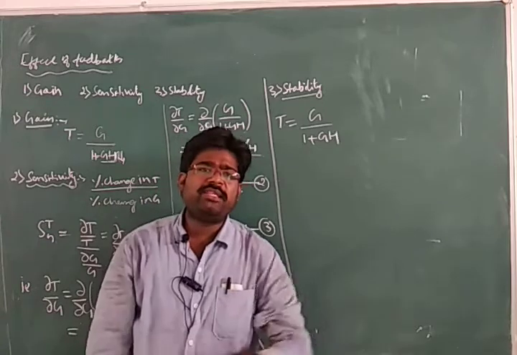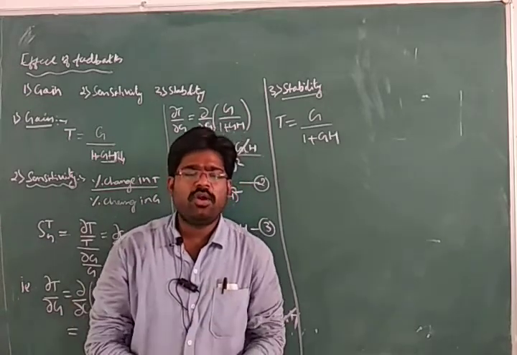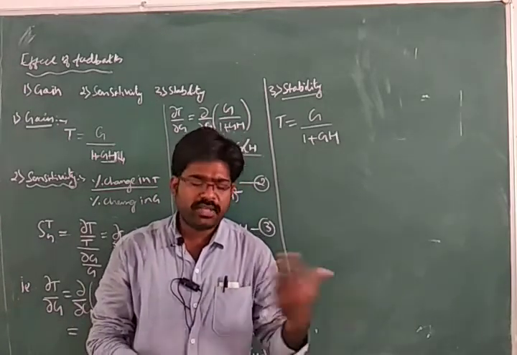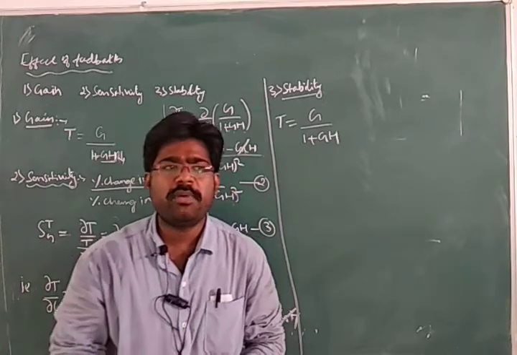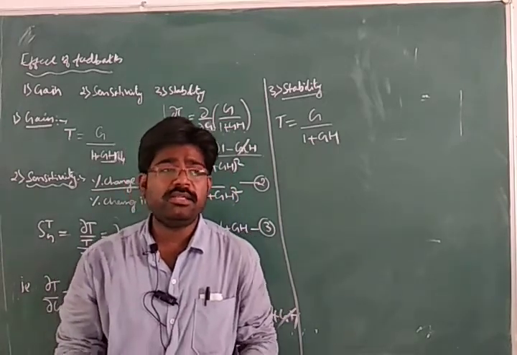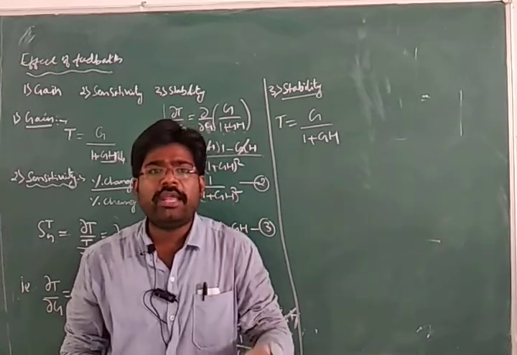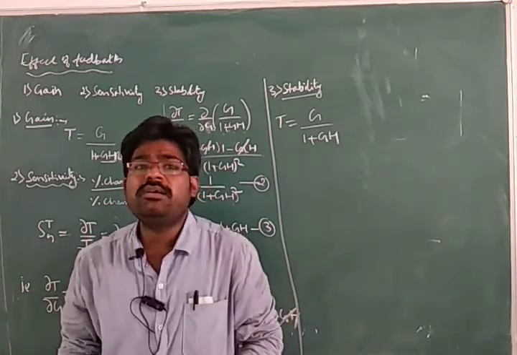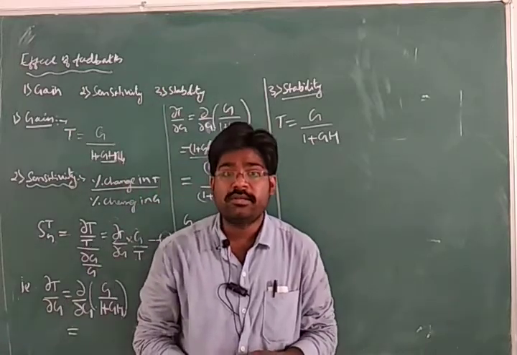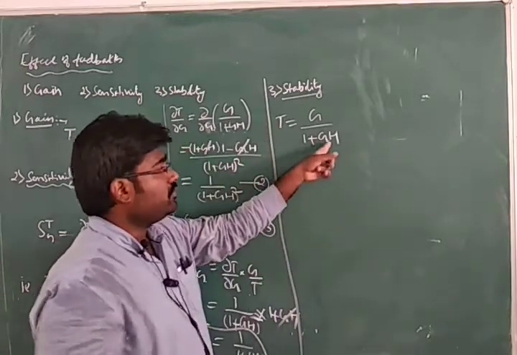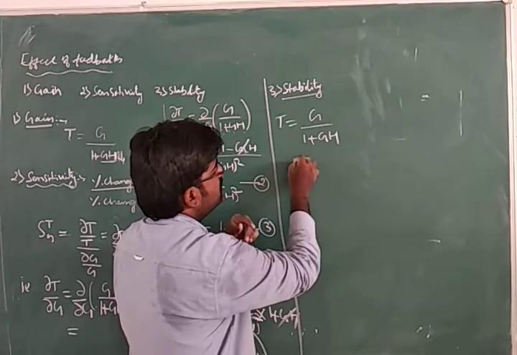Now, to get the stability of any system, or to bring the system into a stable state, the main thing is that the output should be in our control. If the output is in our control, then only can we achieve the stable state of the system. Okay, if GH value is